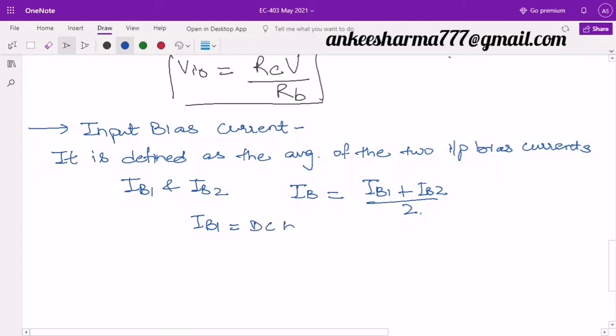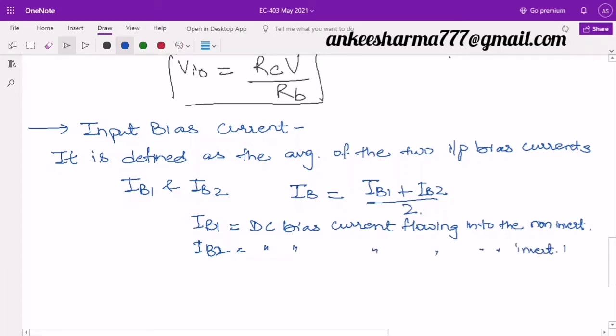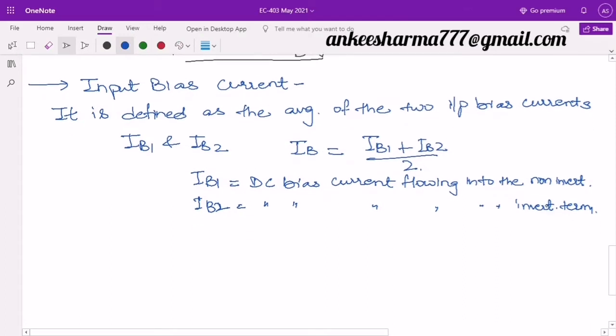So you can say IB1 is the DC bias current flowing into, for example, the non-inverting terminal, whereas IB2 will be, let us say, the DC bias current flowing into the inverting terminal. So these are the two bias currents of the transistors which are there in the input or first stage